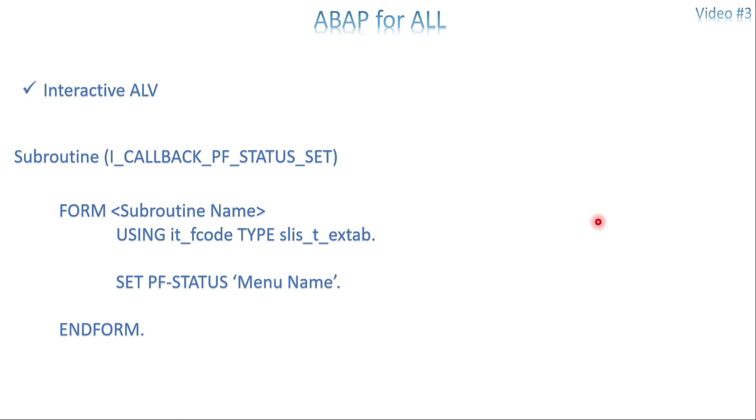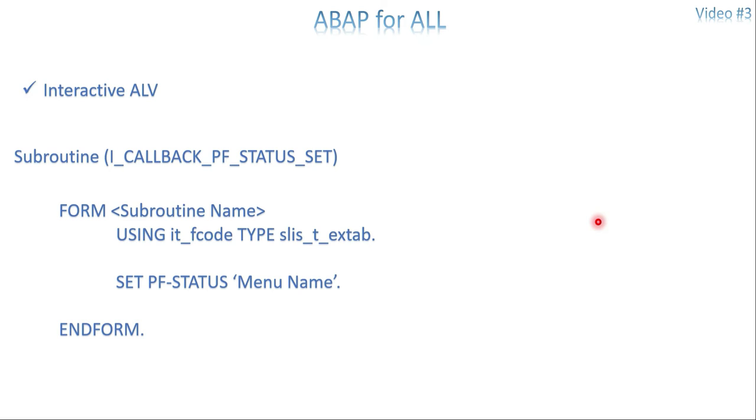Here, we are not going to create everything from scratch, because if you create everything from scratch, like sorting, changing the layout and filtering, you have to write the code. It's not required actually. What we are going to do is copy the standard functionality, especially the menu painter options, from a standard program, and delete or add whatever is required for our business need. That is the way we keep or create a custom menu,